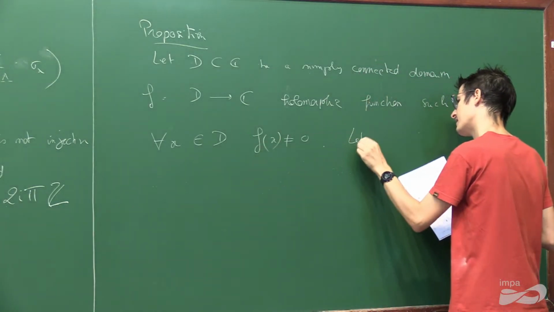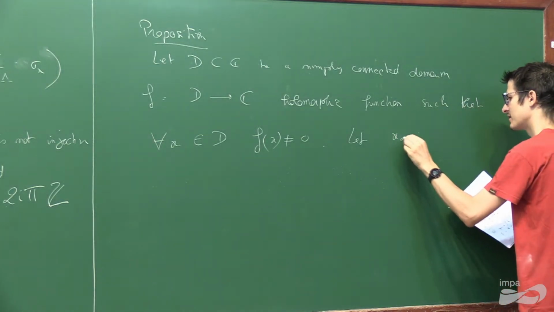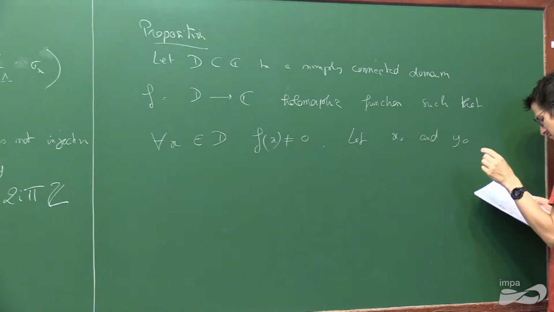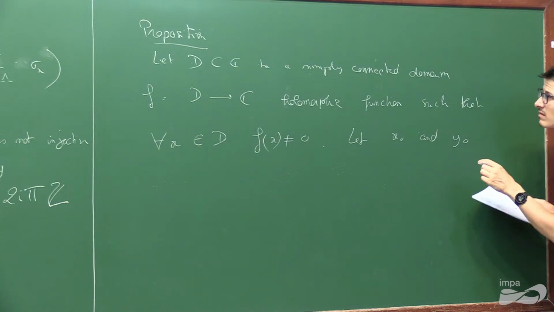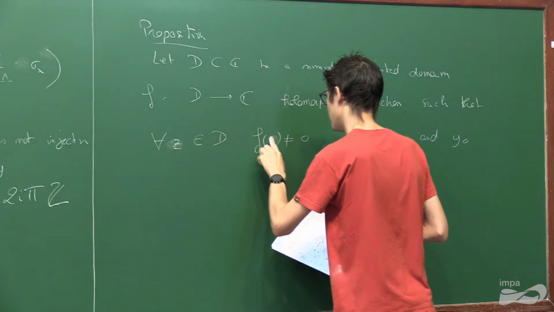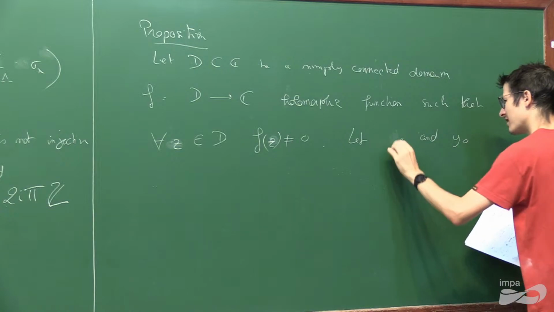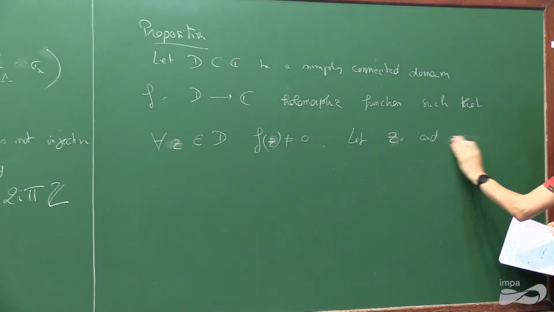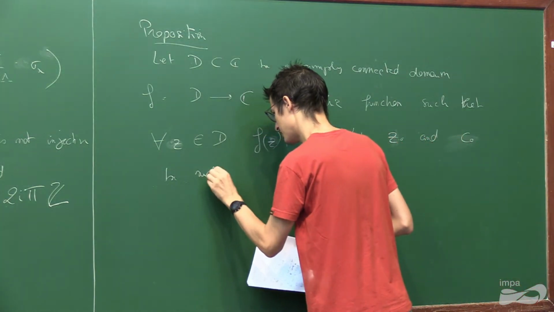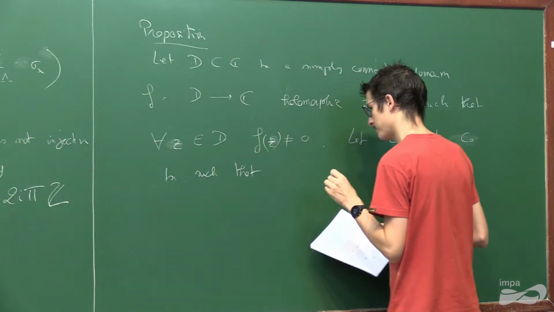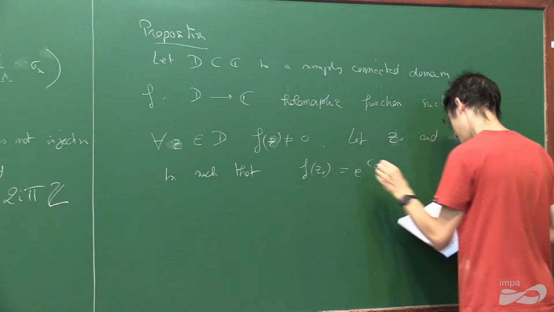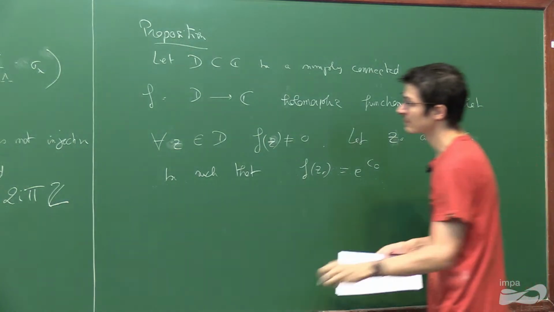And let z0 and c0 be such that f of z0 is equal to exponential c0. Okay. Then